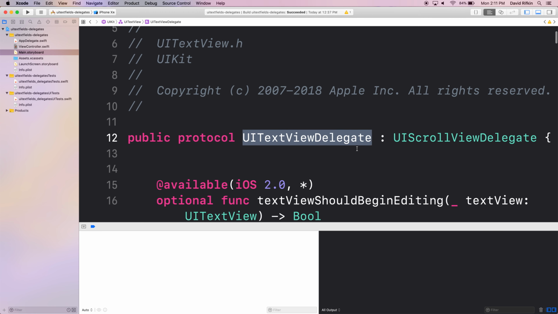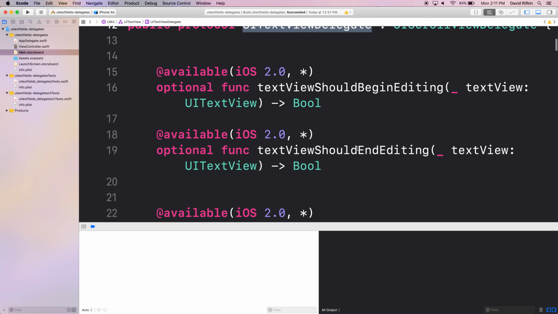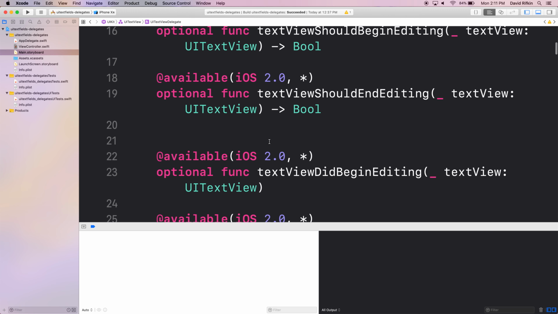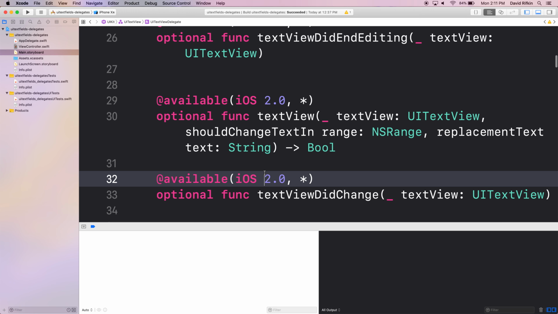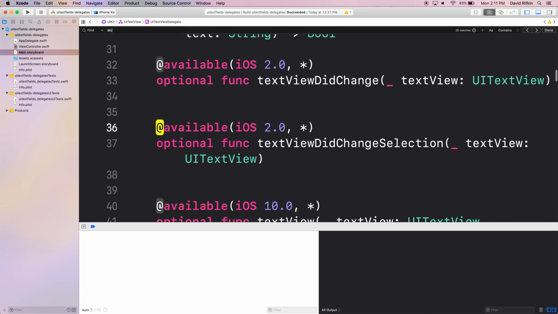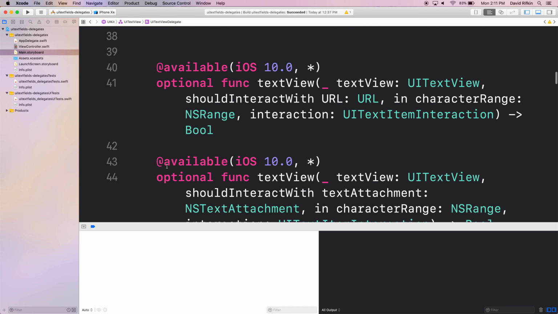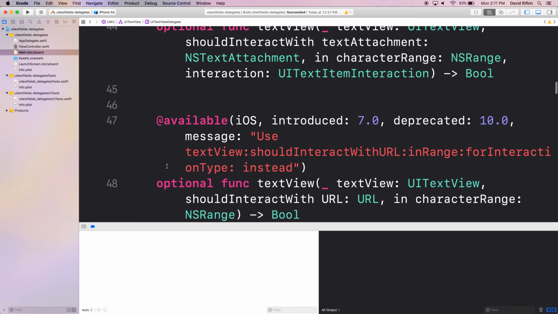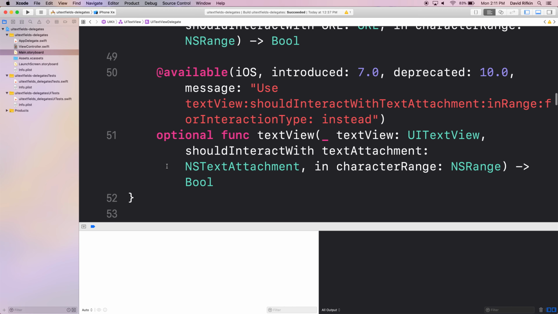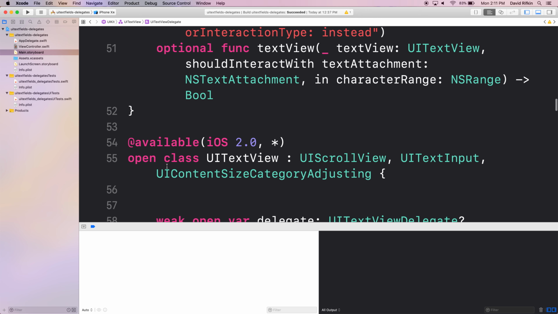It's going to be so weird. Available, available, available. Optional, optional, optional, optional. There are all these optional functions